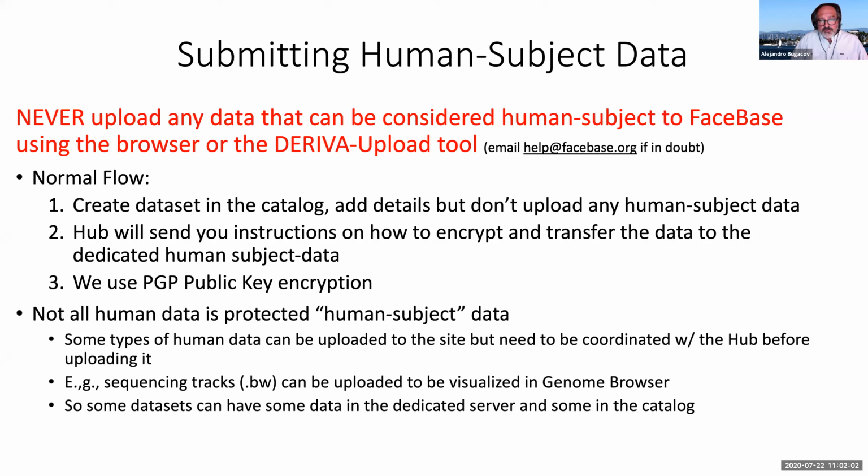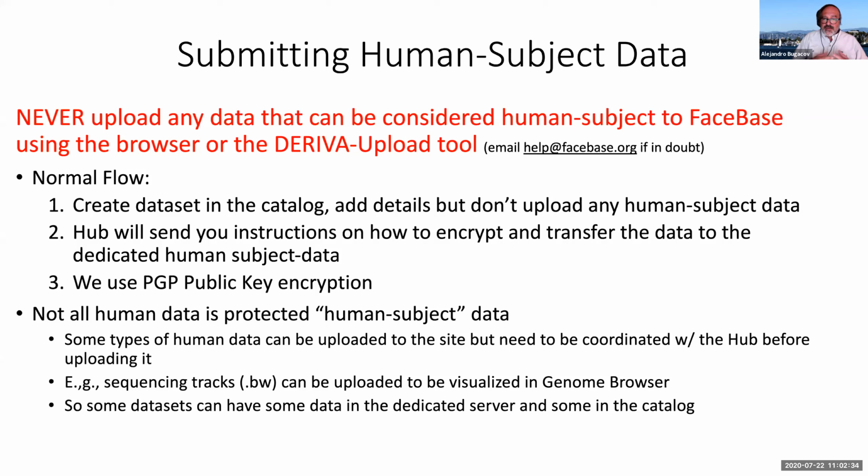If you are submitting human subject data, the normal flow is that you first create a dataset, kind of like the same process that Rob went through. You add your description, your high-level tags, and all the metadata that you can. You can even create the biosamples, replicates, and experiments, but you don't upload any file that is actually considered human subject. Then, once you have gone through that process, we will send you instructions on how to